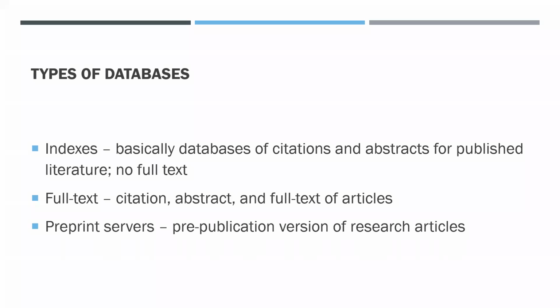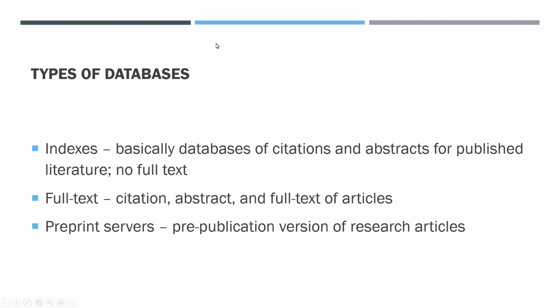And then finally, there are preprint servers. Preprint repositories collect pre-publication versions of research articles. These are the manuscript versions that may or may not have been through peer review. It depends on the journal or the publisher and what version of the article they will allow the author to archive. Generally speaking, it is not the polished final version that goes on the publisher website. It's less pretty, but the information is still essentially the same.